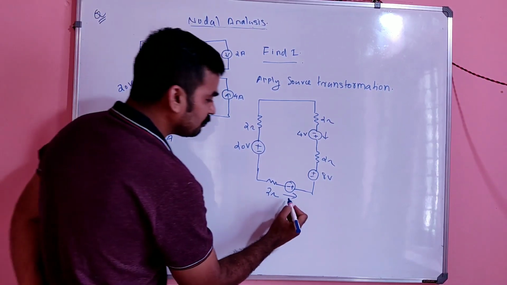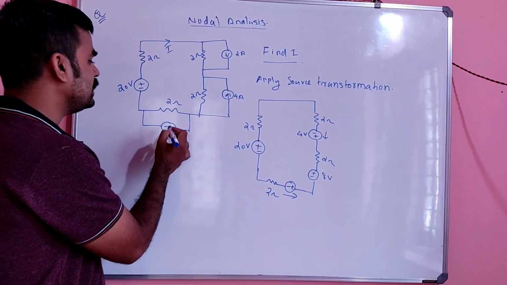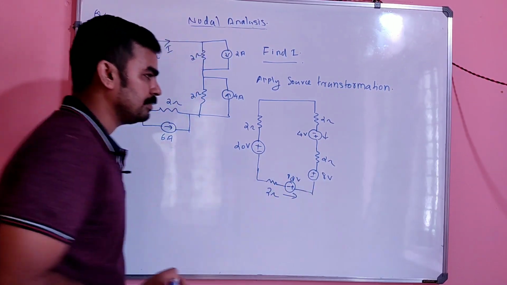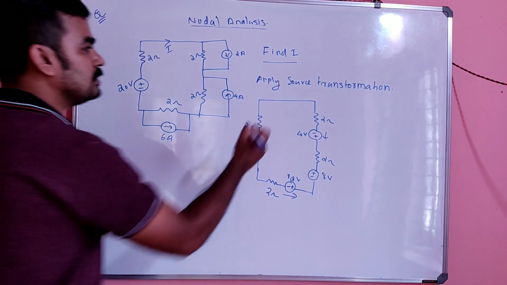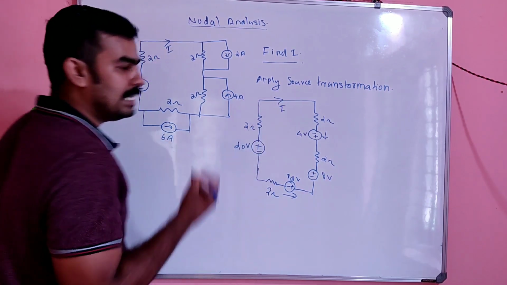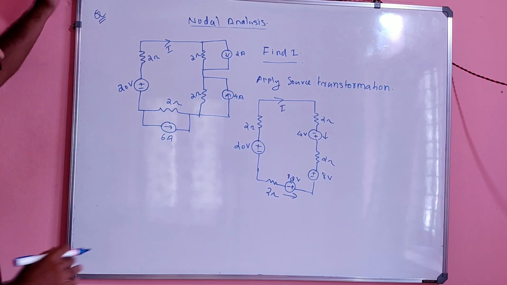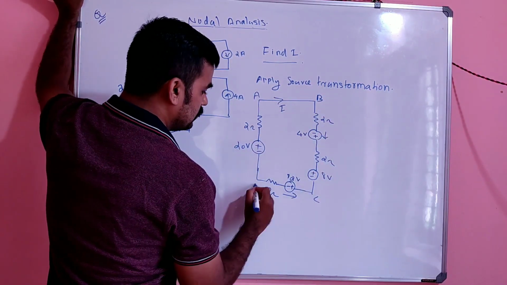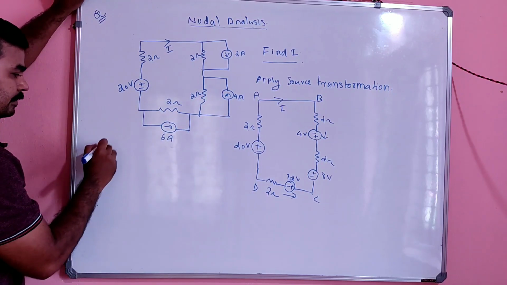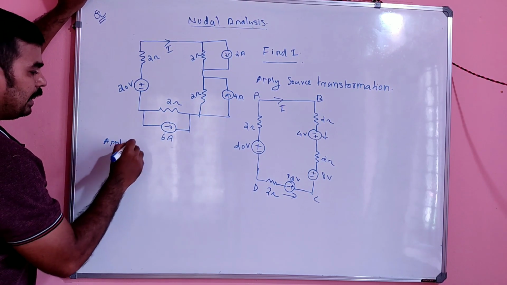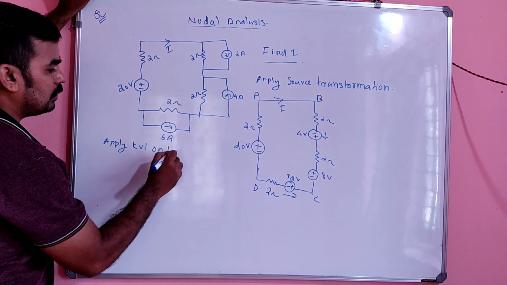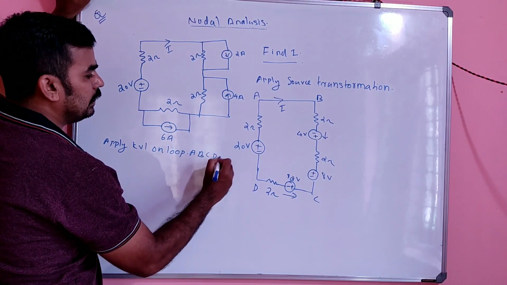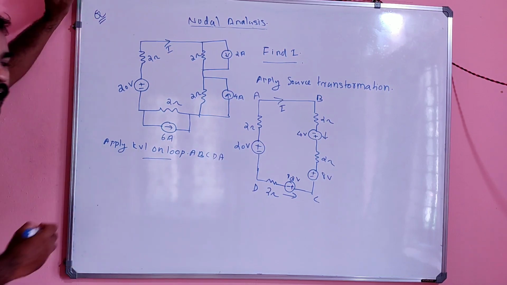Okay. So this is the direction, and what is the value of voltage source here? 6 into 2 is nothing but 12 volt, and that is correct. Now the same current I is here. Let it be I, so that you can apply what? Let the loop be A, B, C, D, A. Apply KVL on loop A, B, C, D, A.